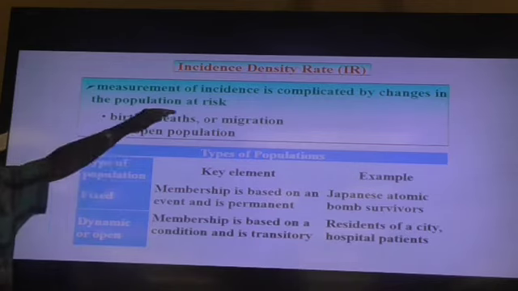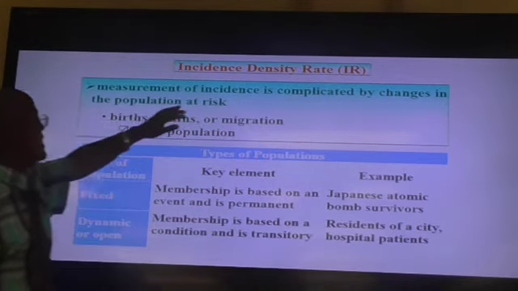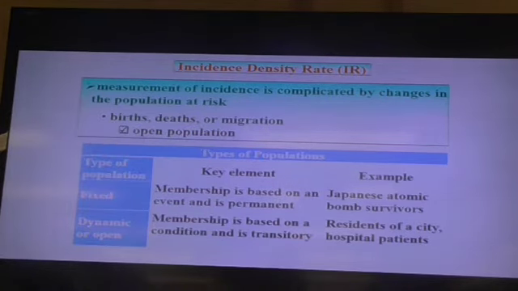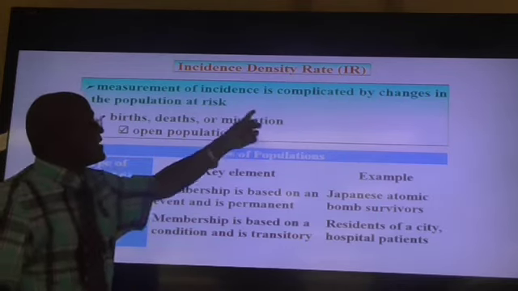So change in population is really a key obstacle in calculating cumulative incidence. It gives some false impression, especially if there is high